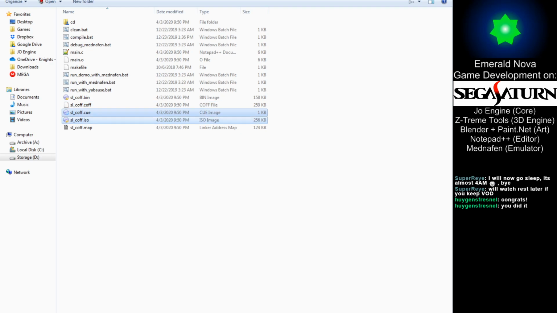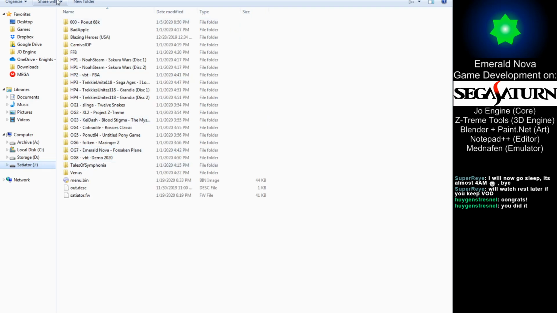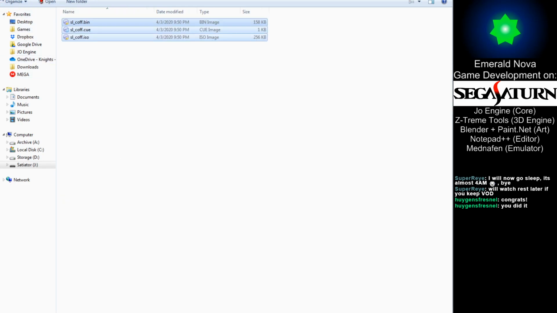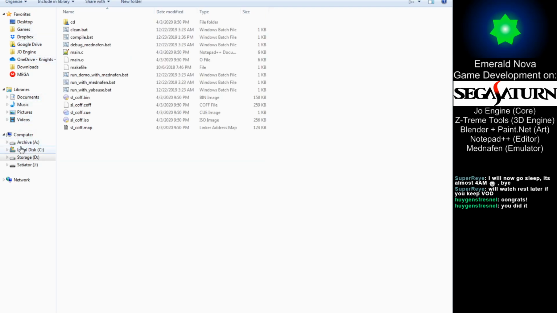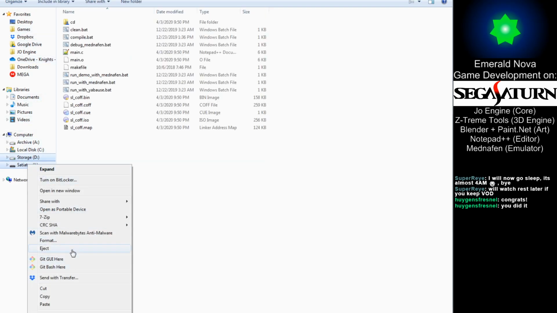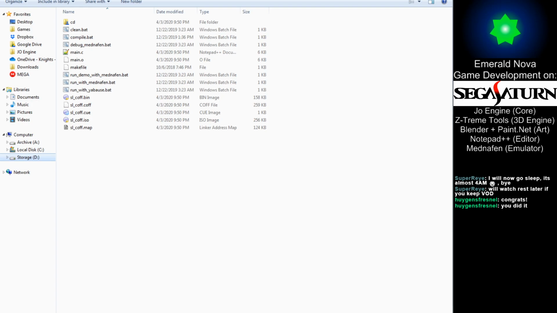Let's see, what do I need? The ISO, the Q, and the bin. I guess I only really need 2 out of those 3 things. I could use the ISO or I can use the Q and the bin. Let's do quantum. Check that. And then we'll go back over to